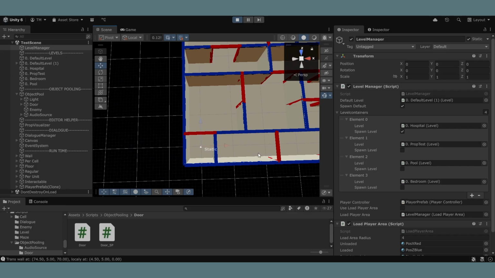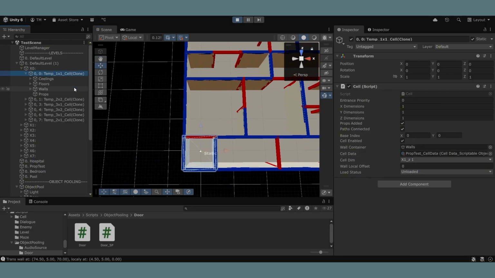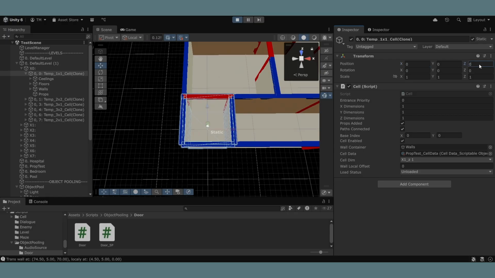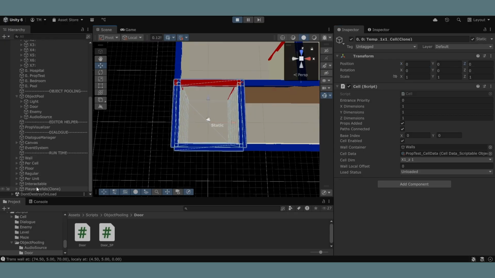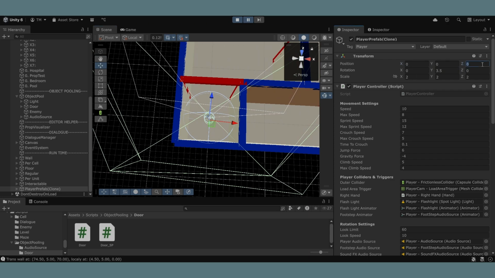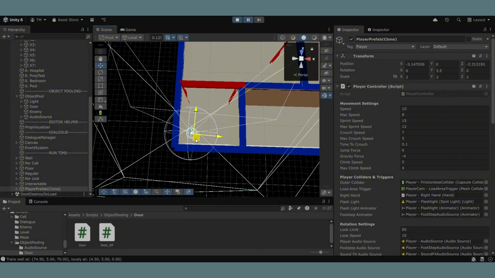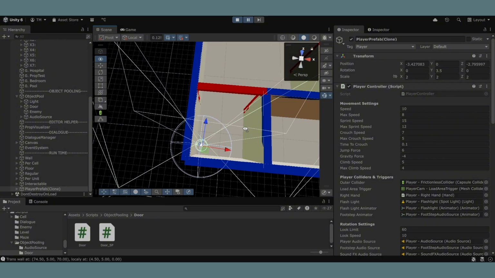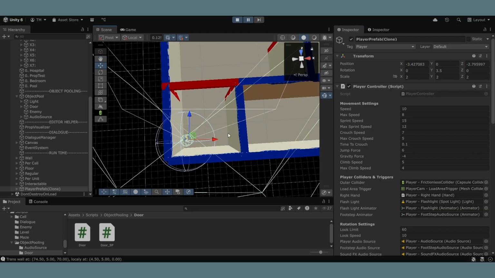and we would still have to convert that into the node's index. To quickly demonstrate what I mean, this node is at 0, 0. It's a 1x1 node, and its position is also at 0, 0. Now I know that the player is in this cell right now because the player's position is 0, 0, but this is also constantly changing. So if I were to move the player now down into this bottom left corner, its position is now negative 3.4 in the X and negative 2.8 in the Z,